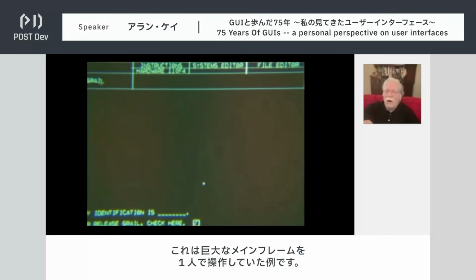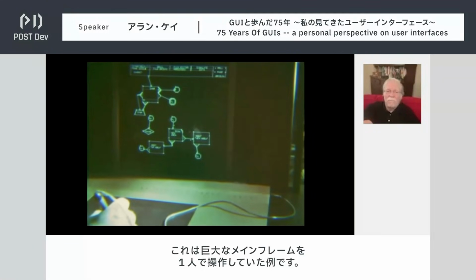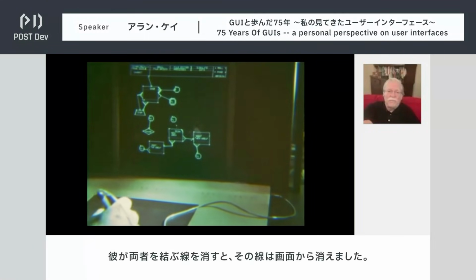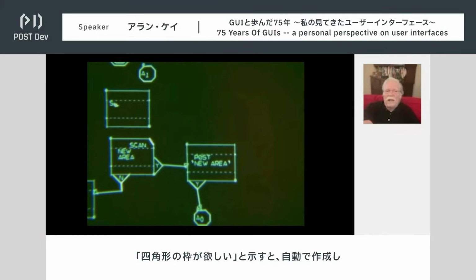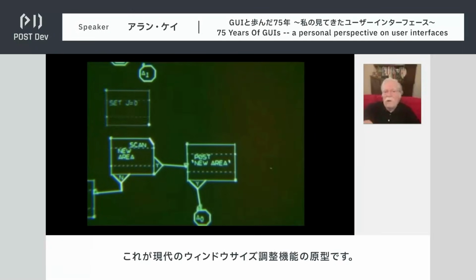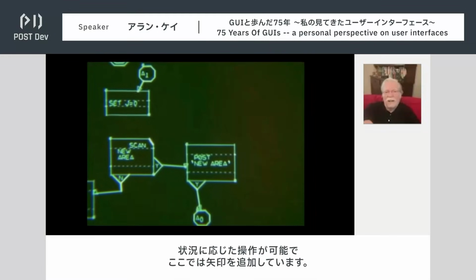This again was one person on a huge mainframe. So he was erasing the line that connected them and it disappeared. He showed it, he wanted a box and it made one for him. Now it's recognizing his handwriting. Here's where modern day window size control came from, literally. And notice this is context sensitive, so it knows he wants an arrow here.